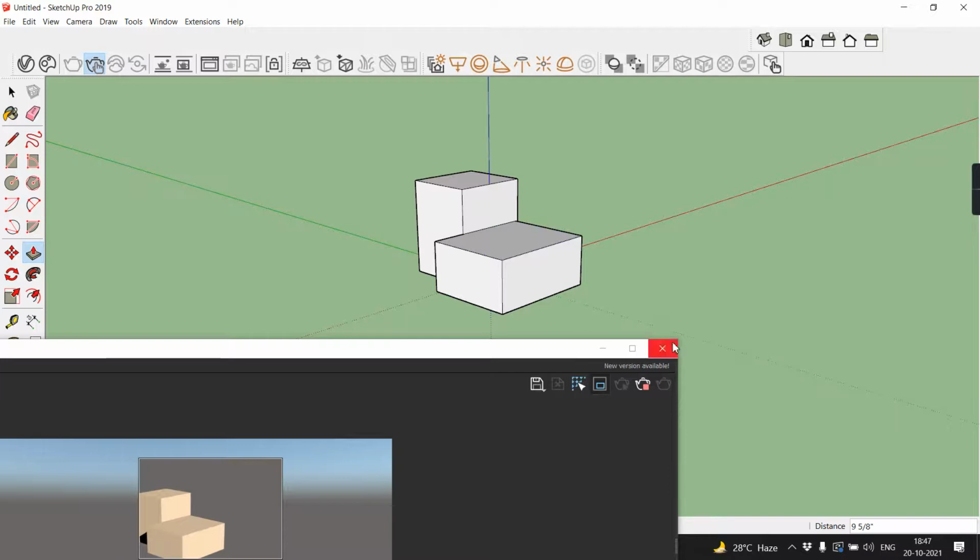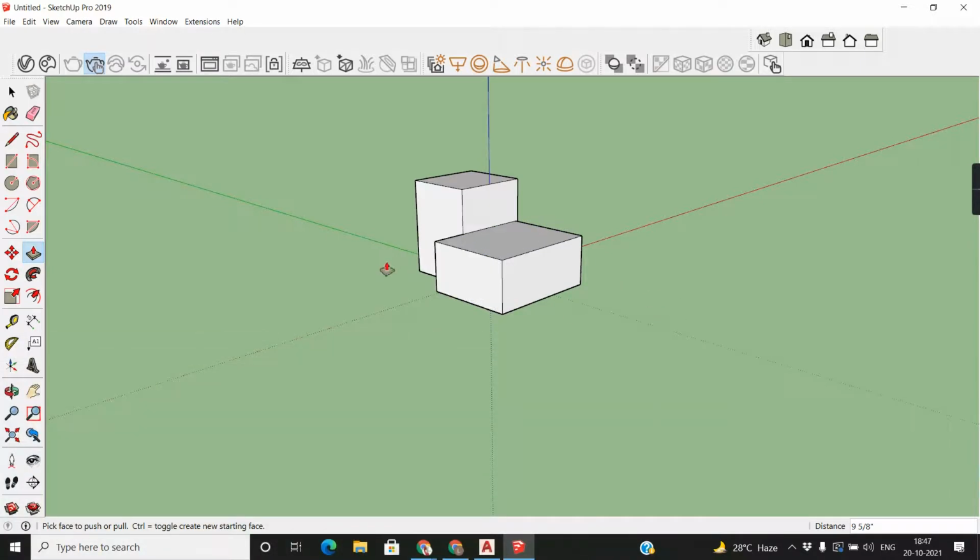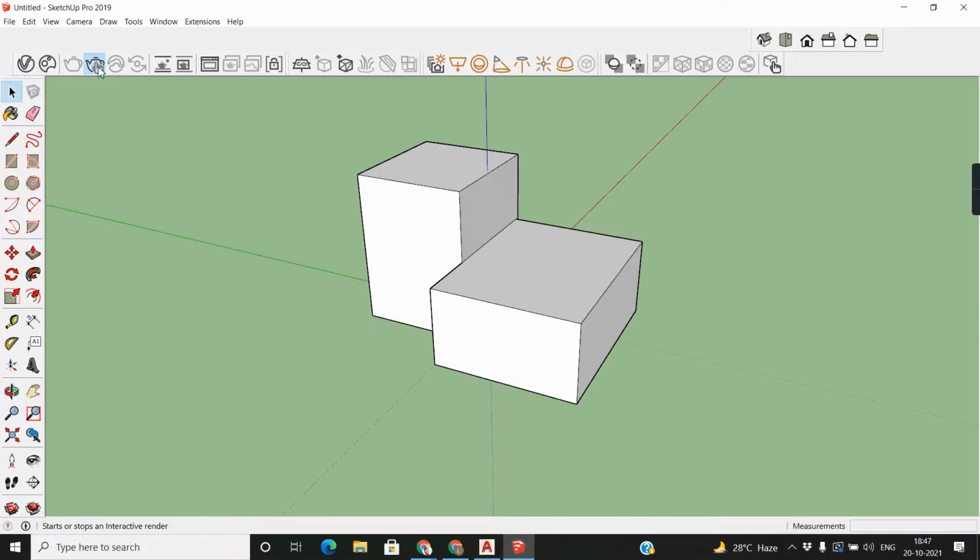See. Okay, if I want to stop, just click here. It will stop.